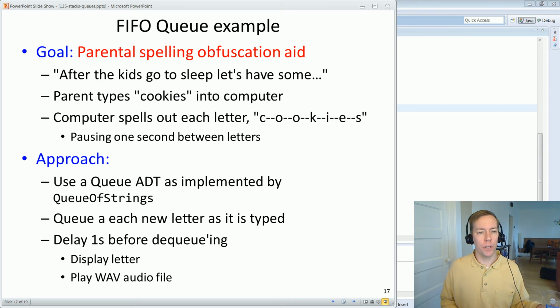Here's an example I'm going to show you. When you're talking to kids of a certain age, often you want to prevent them from knowing what you're talking about. For example, you might say something like, after the kids go to sleep, let's have some C-O-O-K-I-E-S, because you don't want them to know you're going to have cookies, because then they're going to whine and want some cookies, right? But I get sick of spelling,